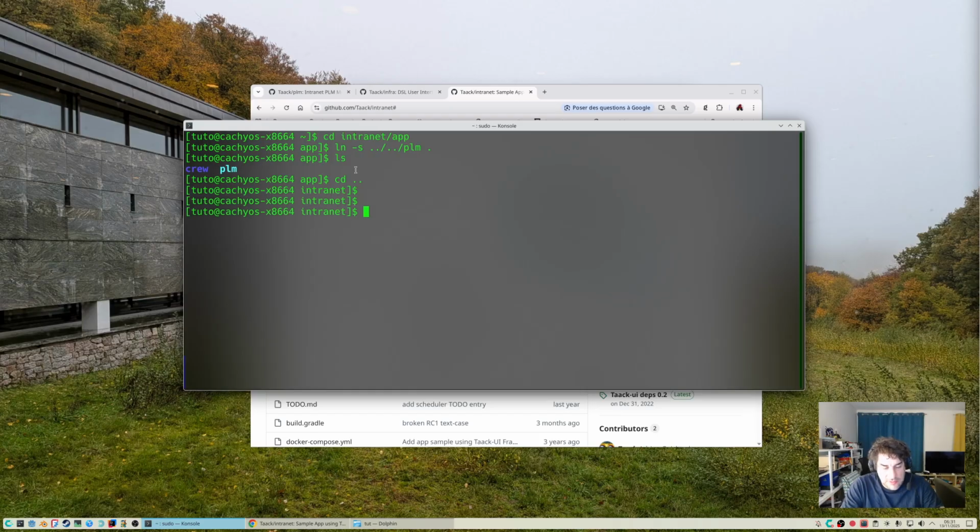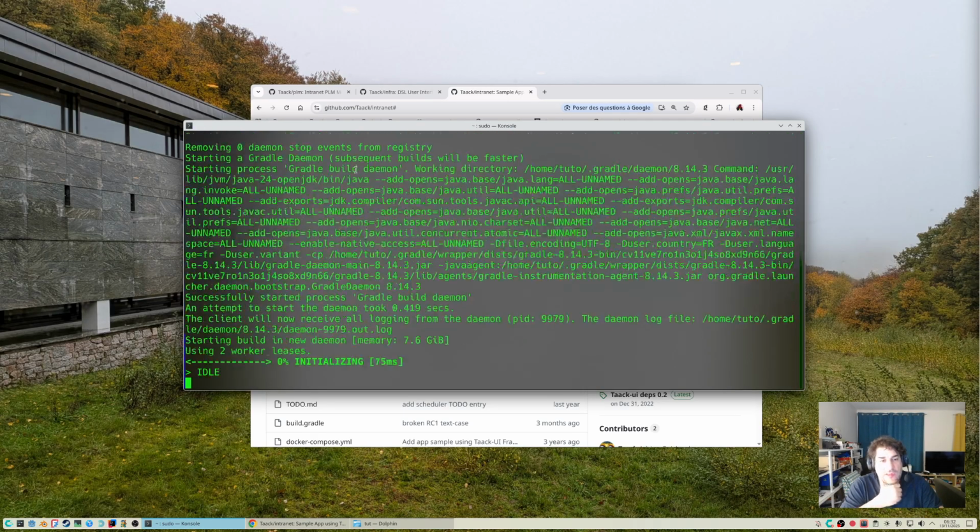We can launch now the intranet with the Gradle wrapper task. Gradle is a tool to build Java applications, and the task we will launch is bootRun. It is located in the server folder.